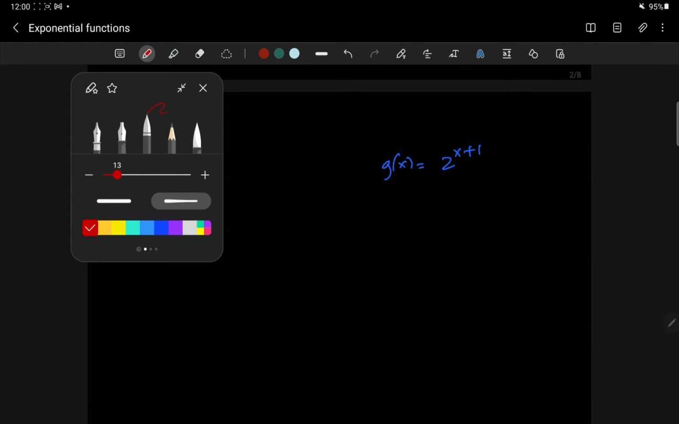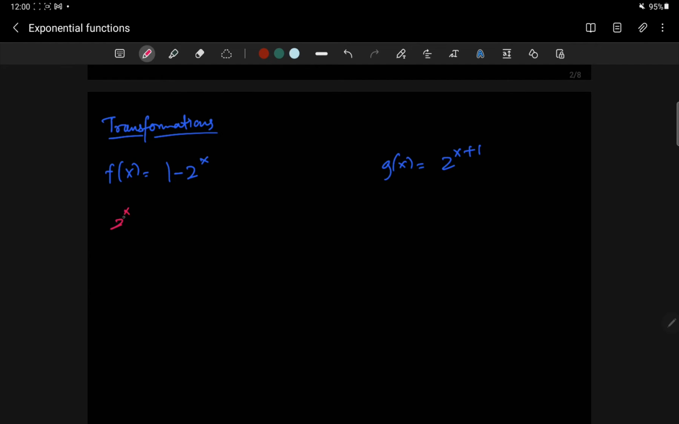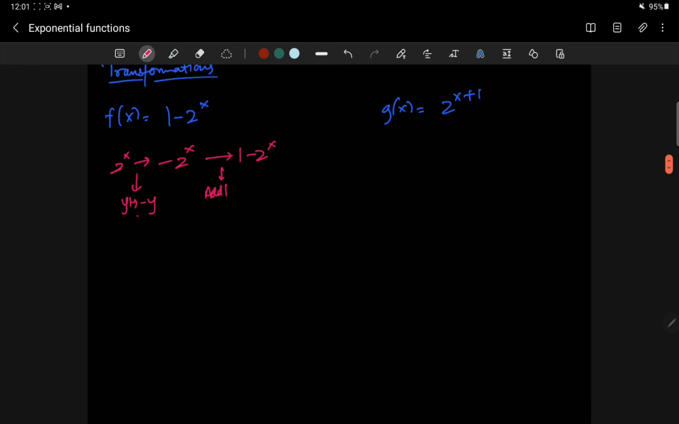Firstly, I'm just going to make a list of how to get here, right? So this would be 2 to the x replaced by negative 2 to the x and then add 1. Okay, so this transformation is replacing y by negative y. This is add 1. What do each of these things do? This is reflect on the x-axis, and this is vertical shift up